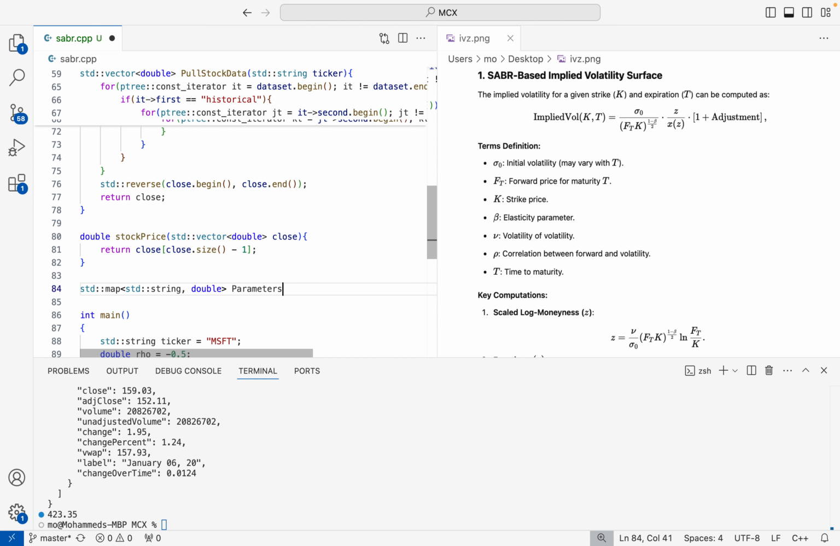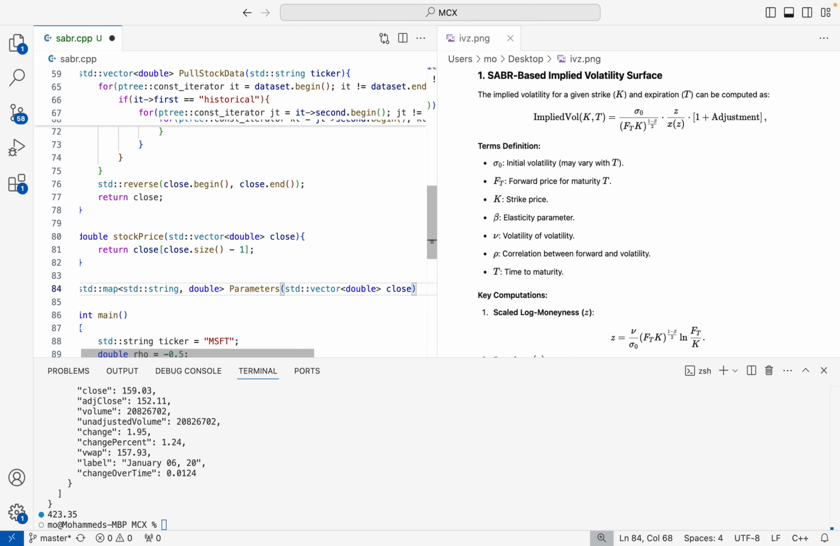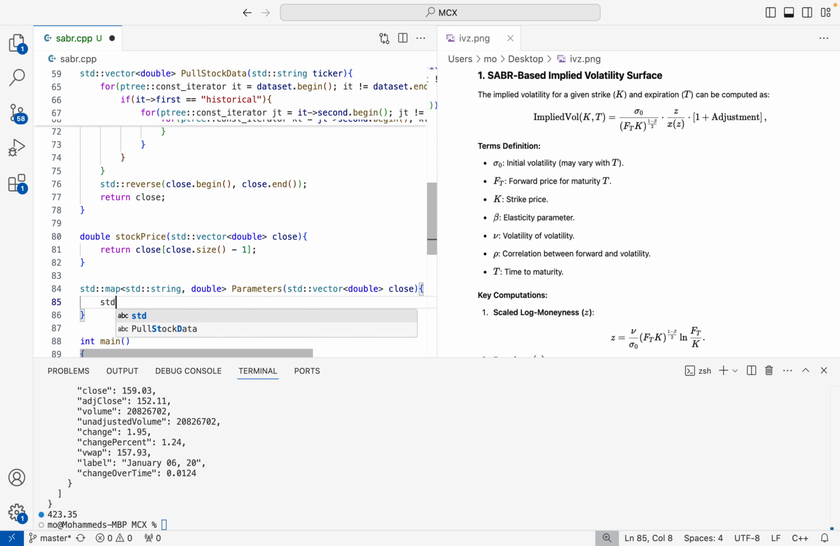Parameters. So it's going to take the vector of close. So it's going to be map string double result, return result. So in order to get the volatility, what I need to do is compute the rate of returns. So that'll be,